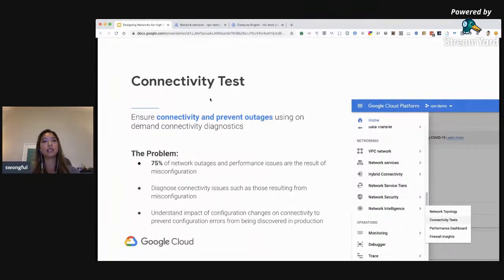One key thing to note is that you shouldn't get confused with Cloud Trace, which is Stackdriver Trace. The difference between this and Stackdriver Trace is that this is more for performance analysis based on your current configuration setup. It doesn't actually send a packet through the data plane. It's just used to show you where packets are dropped due to firewall rule or routing misconfigurations.